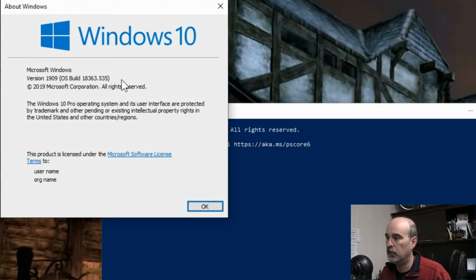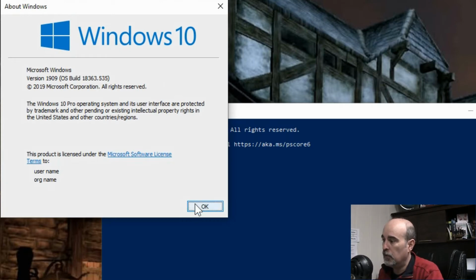Here is version 1909 with this particular build during the shooting of this video. So with Windows 10 especially, a lot of the features have changed a little bit a number of times since it first came out. So it's kind of good to know when you're looking at instructions what version of Windows it was at that time, and it may be different again by the time you're watching this video. So as of the shooting of this video, it's version 1909, so I'd be curious to find out what version are you on currently. Maybe you can throw that in the comments below.